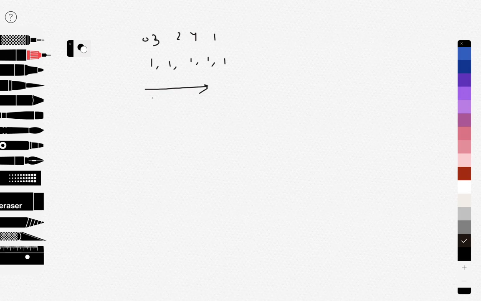Everything is fixed with respect to the very first element. Only one candy is given to the very first element, and if we consider the second element, which is 3, clearly 3 is greater than 0, so more candies must be given to this one.